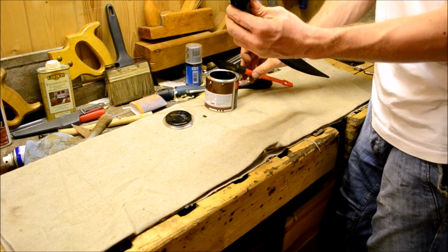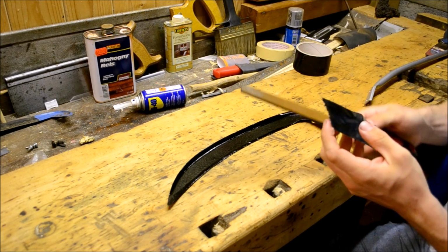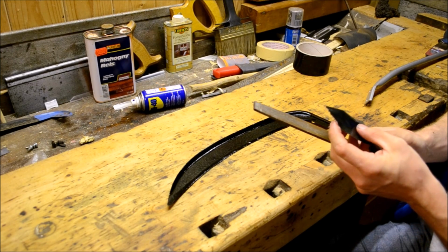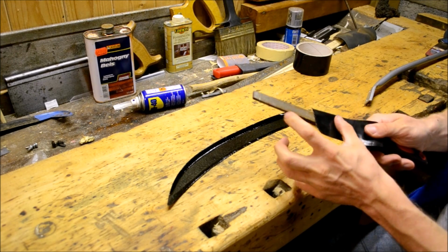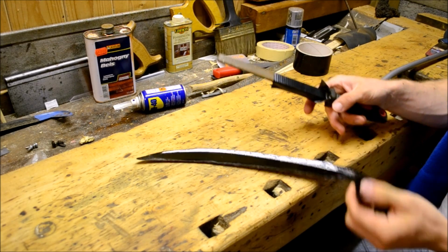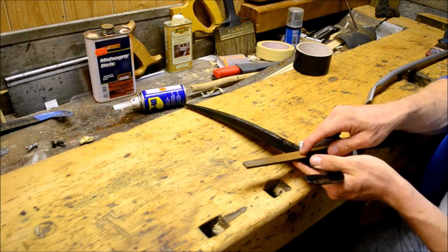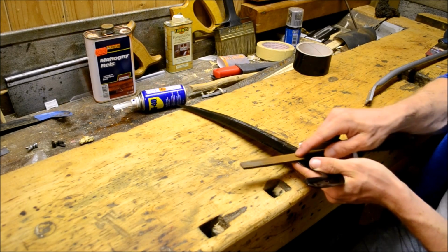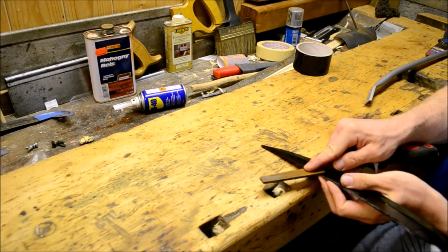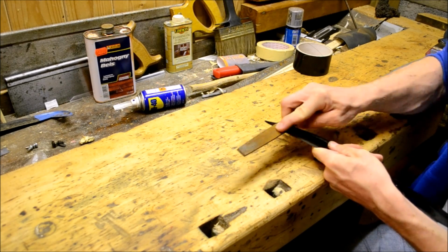It gives a nice, smooth, glossy finish on the underside, or the under surface, as a direct translation would give you. It's more to it than just being shiny. If it's really smooth, then it will glide a lot easier on the grass, and this will help you in your grass killing endeavors quite a lot. At least if you know how to use a scythe. If you do not know how to use a scythe, then